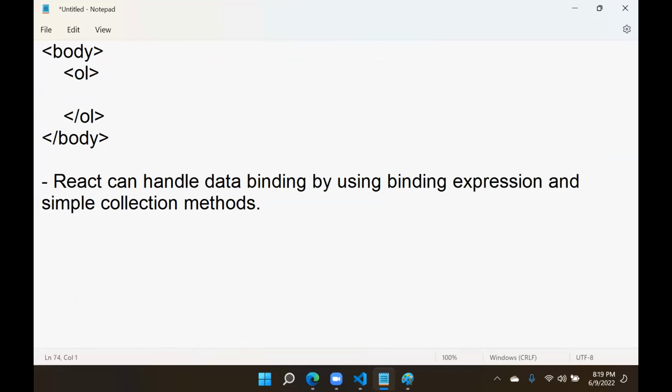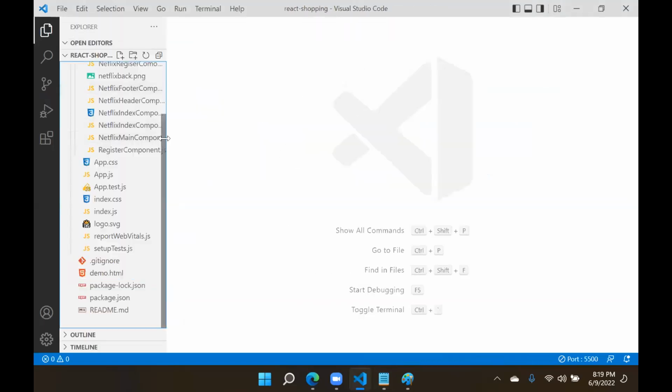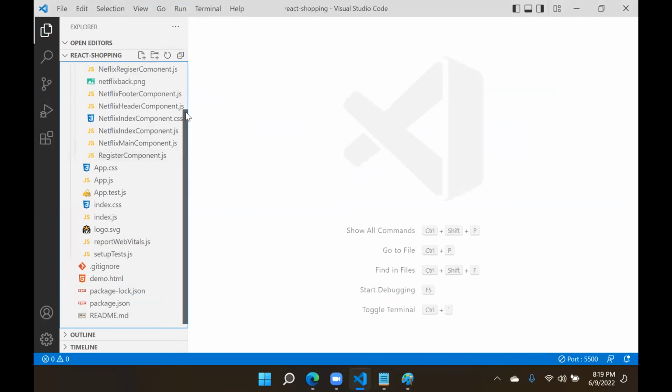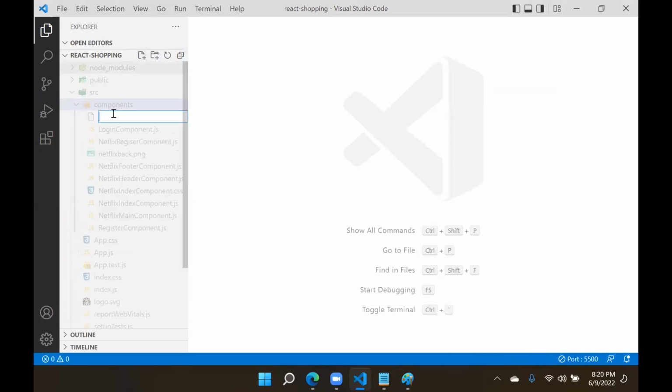Let's see how we can do this, means how we can access and how we can bind the data. Let's see how React can handle data binding by using simple binding expressions. I will create a component here now. For every example, we will create one component and use that component. I will add a new component in the components folder. I will say data binding